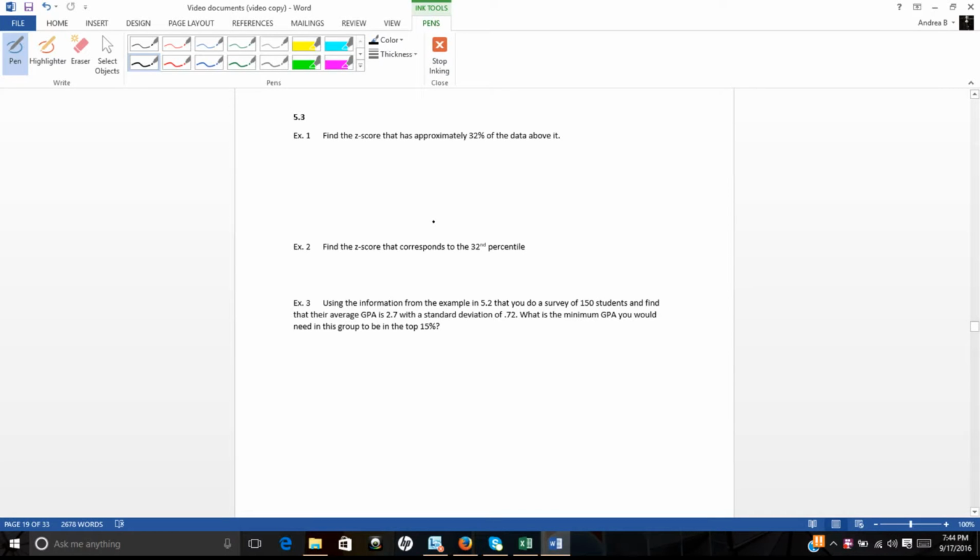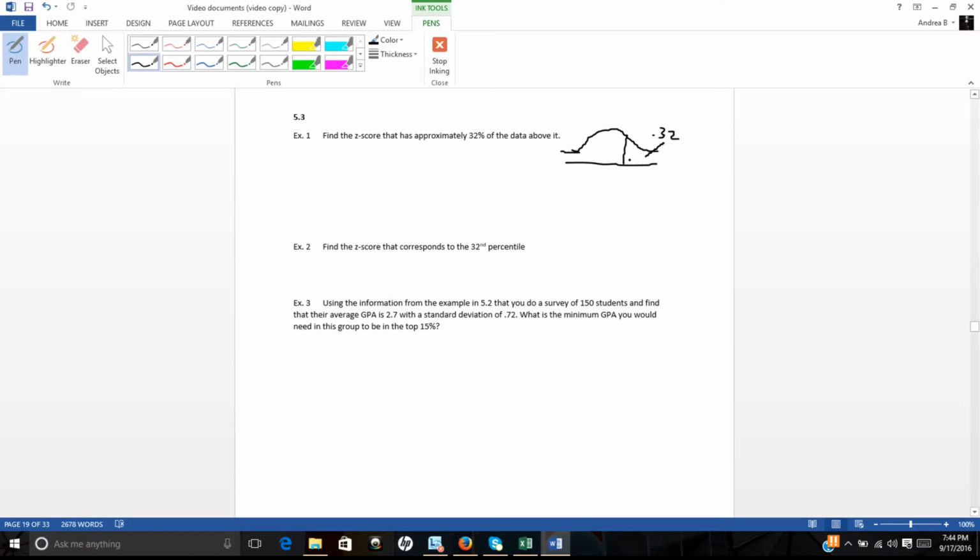So whenever we're looking at our chart here, we're going to be doing it backwards in terms of how we're going to look up these values here. So first of all here, if we have a z-score that we're looking for, and we're looking for 32% of the data above it, we're thinking of it here on our normal curve here. It'd have some value here, be above the mean in this case because it's more than 50% is going to be below it because there's 32% above it, or 0.32 as a decimal would be the